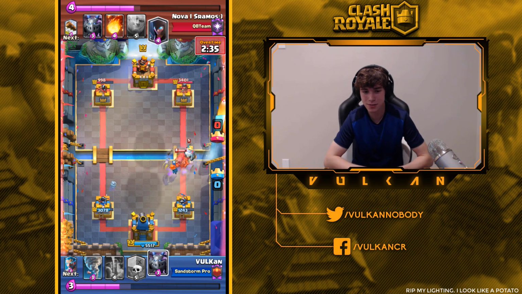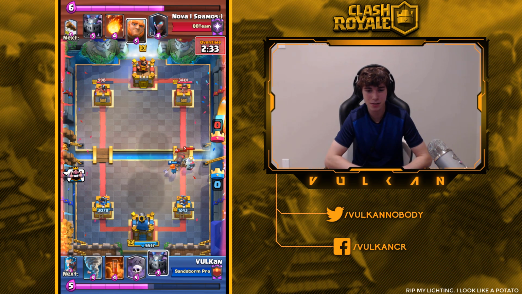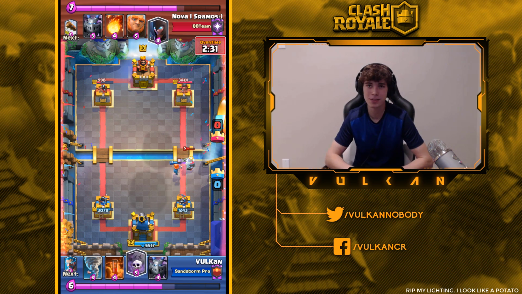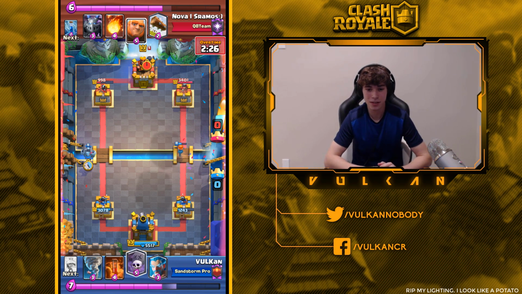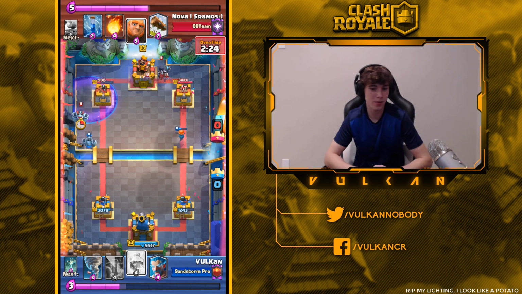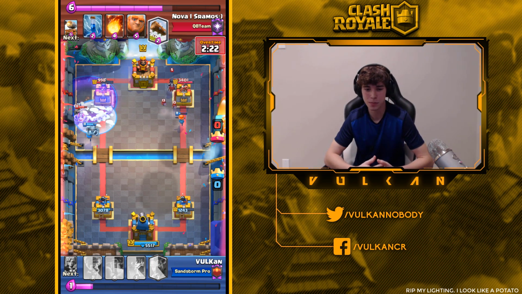I have to spend another Tombstone, so if he goes giant at the bridge, I don't really have anything good to defend it. So instead, if he goes giant at the bridge, I'm just going to try to race him to killing the tower first. So I go with another Graveyard Freeze, just trying to finish off the tower at this point, making sure that